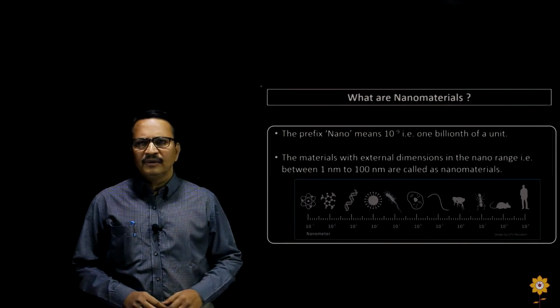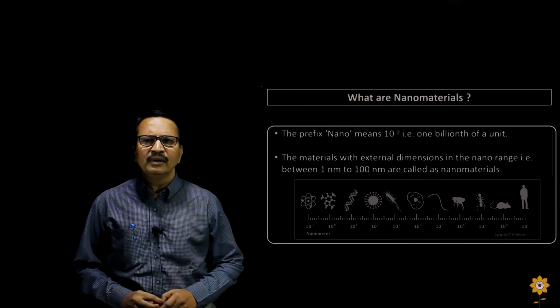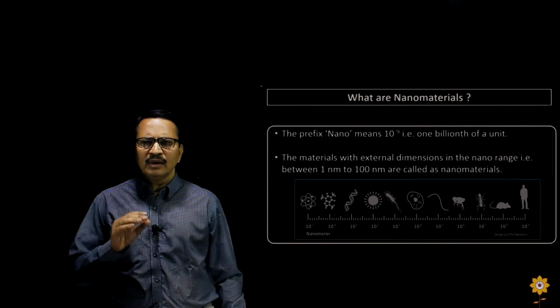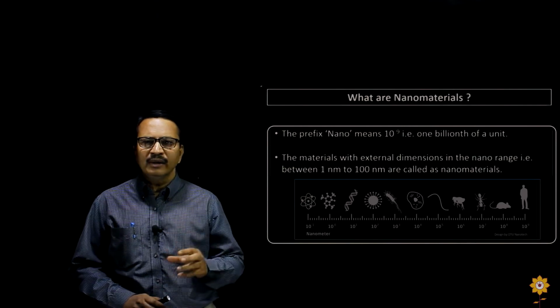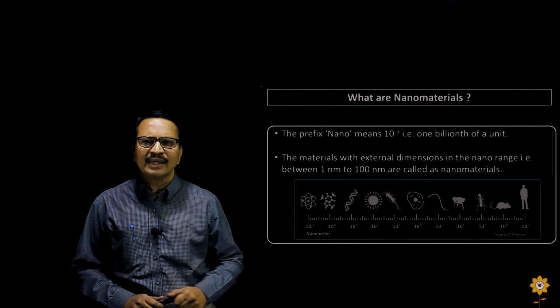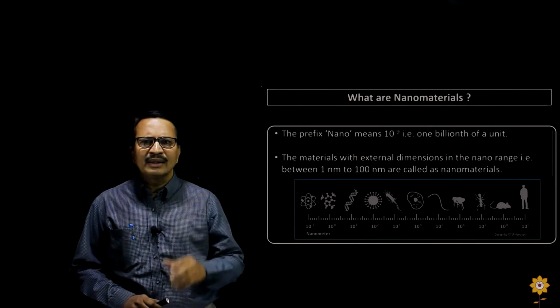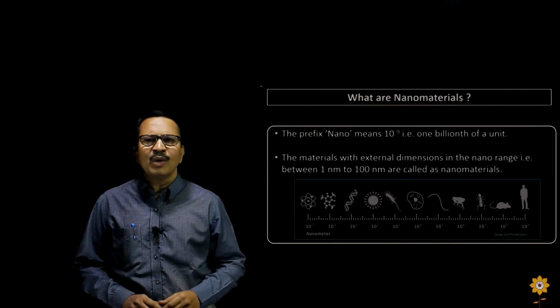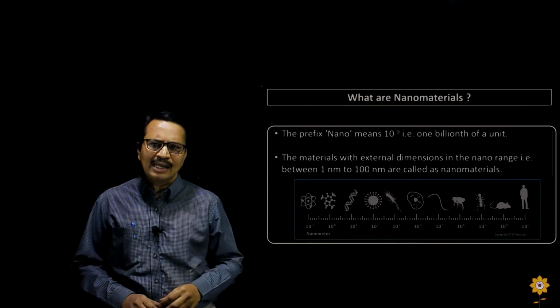So to start with, whenever we are saying nanomaterials, the word nano is very important. As you know, the word nano is nothing but 1/1,000,000,000th of a unit. So when a unit is 1 meter, then what you are speaking of is of the order of 10 raised to minus 9 meters. So any material that is from, let us say, 1 nanometer to around 100 nanometers, these materials are